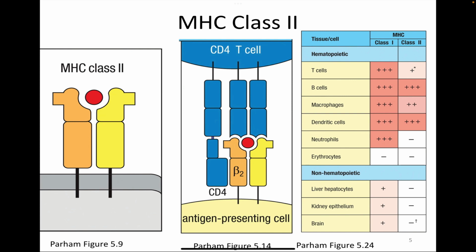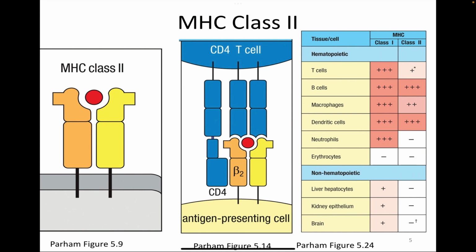So here is class 2. Remember, only certain specialized cells, the professional antigen presenting cells, are presenting on MHC class 2, which are B cells, macrophages, and dendritic cells. Class 2 has these 2 proteins that are sort of similar in size, both with transmembrane domains. We're presenting to a CD4 T cell. One thing that I also